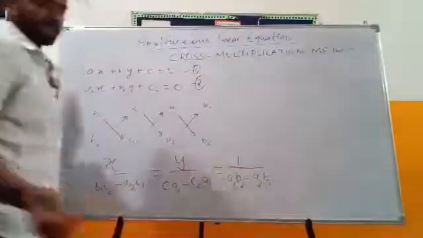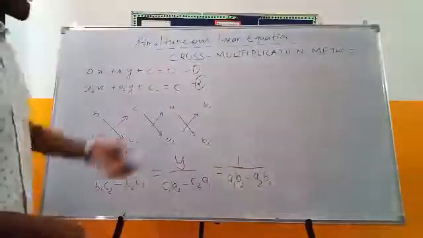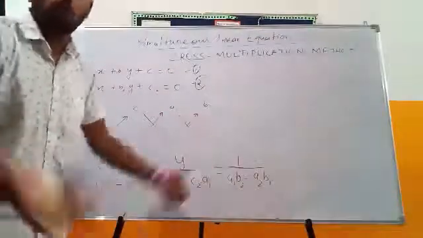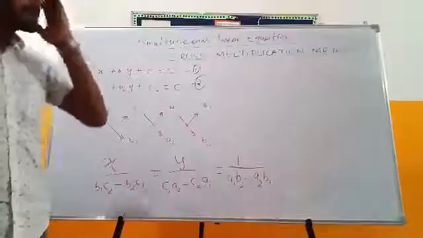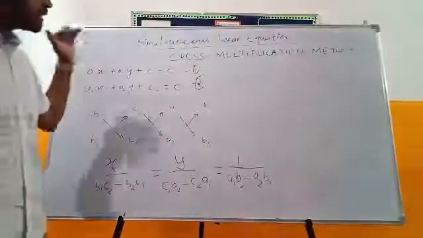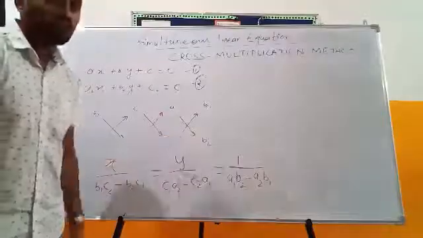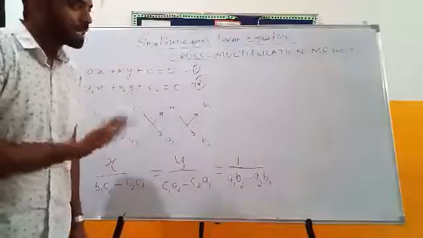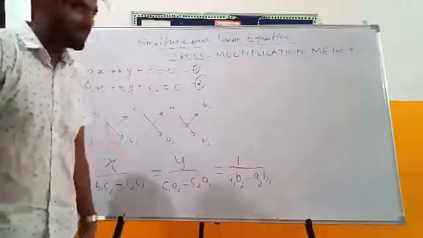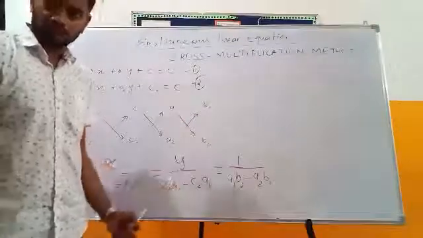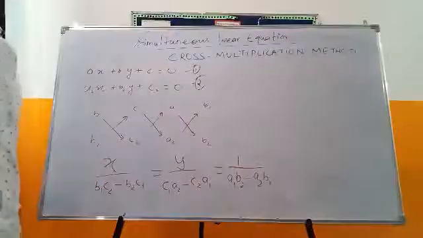Now you all might be thinking, what is this, sir? We don't understand this at all. Where did B1, C1, C2, A2, B2 come from? This is the method to find the values of x and y. Now it might not be that clear for you right now, but I'll write down one example and do it for you, and then you'll understand, oh, this question is done like this. So we'll take one example now.